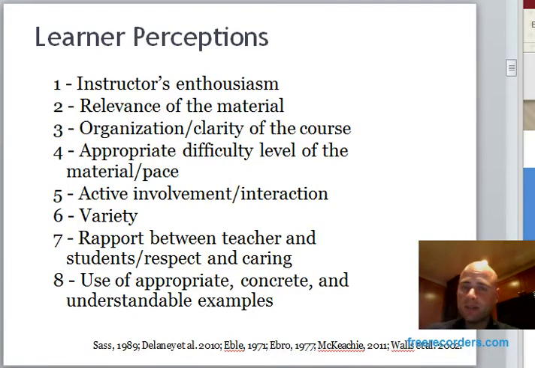So that is to say, somebody who's very enthusiastic and passionate about their topic generally is one of the major value-added elements of a teaching experience. The second one is relevance of the material, the content, organization of the course or of a particular session or lesson is very important. Appropriate level of difficulty. That is to say that it's not shot too far or too easy for students, and that